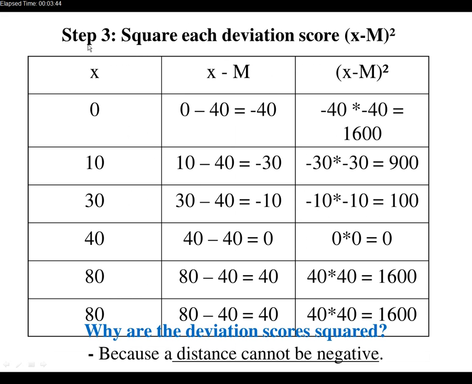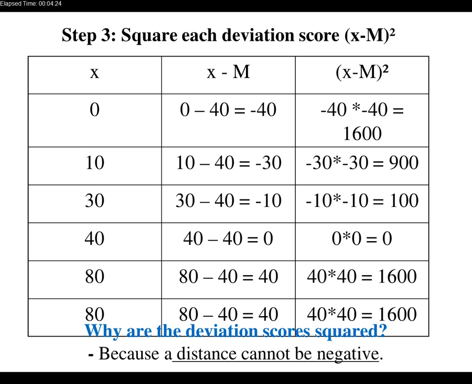Let's pop over to the next screen, and we're going to square each deviation score. Okay, so x minus M squared, and I'm asking down here, why are the deviation scores squared? Because a distance can't be negative. All right, remember that. We want to get rid of the negative numbers. So to square, if your calculator does squares, just go ahead and use that function. And if it doesn't, just simply take the number